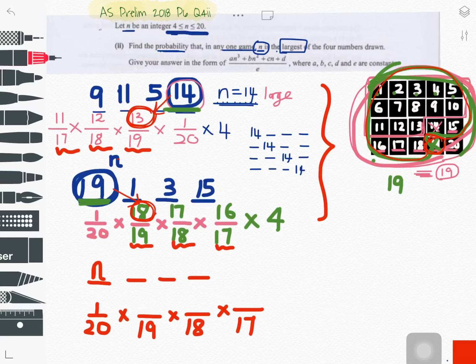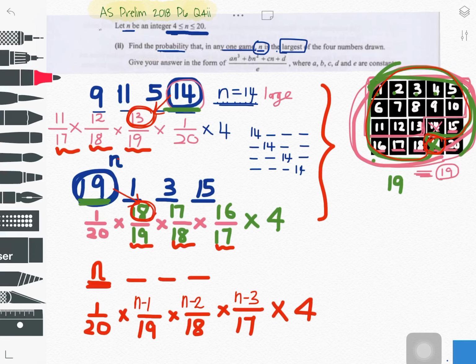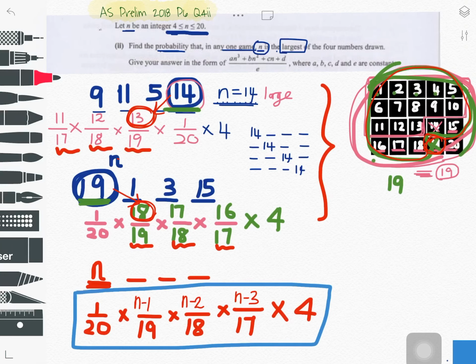So practically this is going to be n minus 1. Here going to be n minus 2. And here going to be n minus 3. And last but not least, the n won't only appear in the first place, it can be anywhere. So you need to multiply by 4. So this is the final part. You expand this and you compare with this part and you can get your A, B,